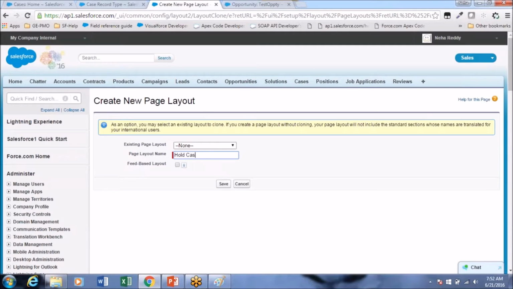On Hold Cases. It should be similar to General Cases, right? So I am selecting an existing page layout, and it will inherit from the General Cases. And we can have our customization done at the On Hold Cases layout.